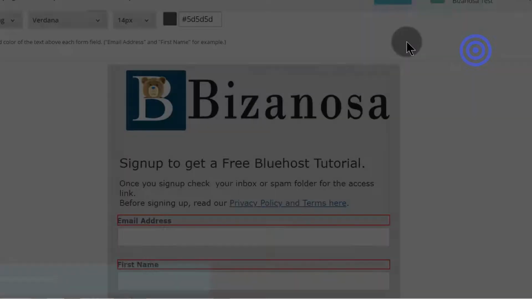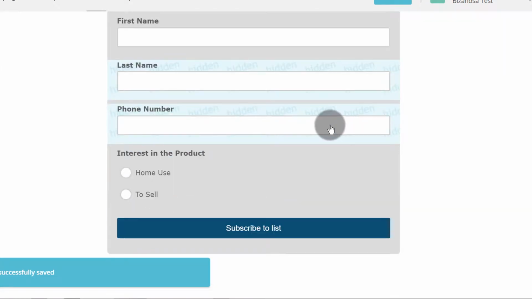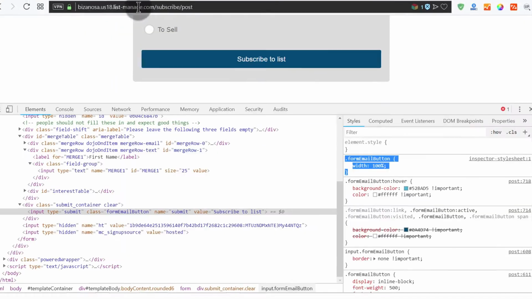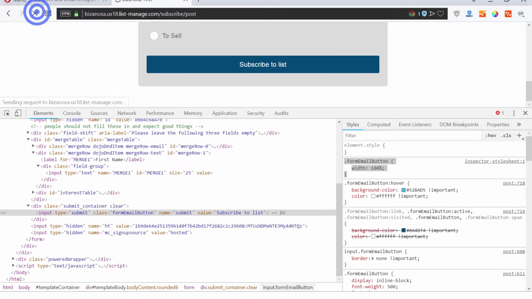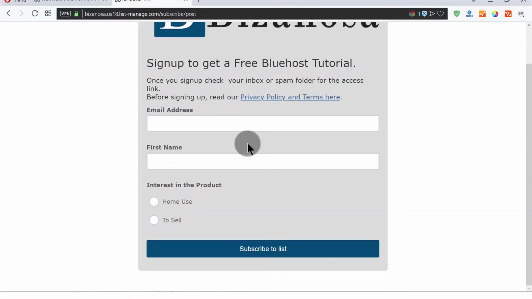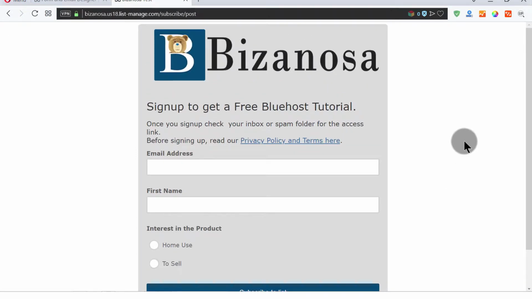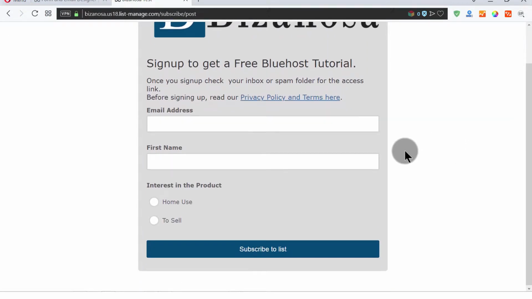And save. And you can see that's how it is. If I refresh, you can see that the changes persist. So that's what we wanted to learn in this video, and we wanted to learn how to increase the width